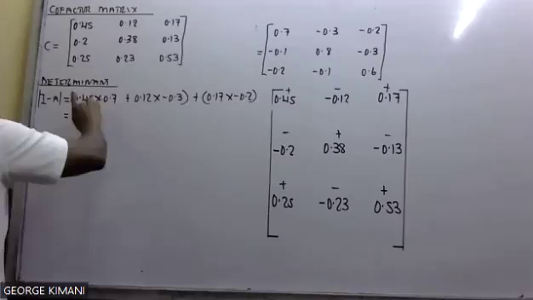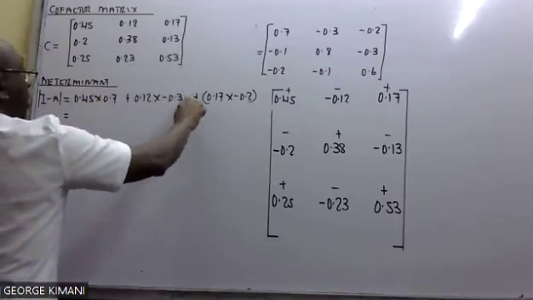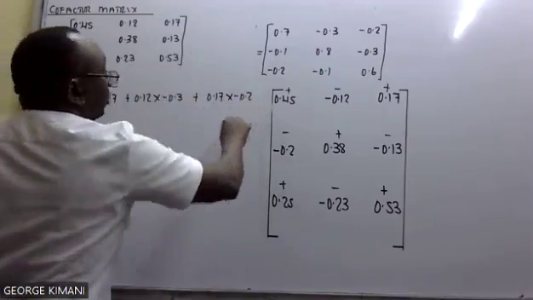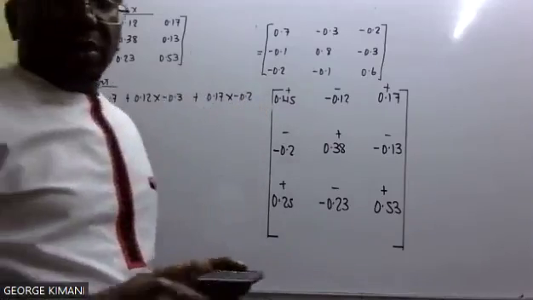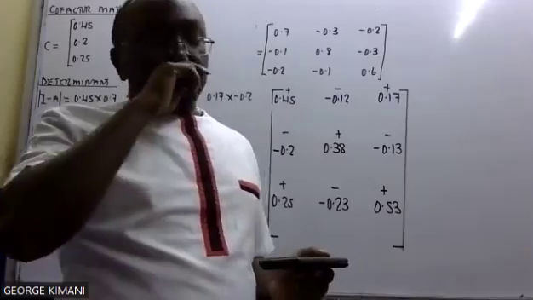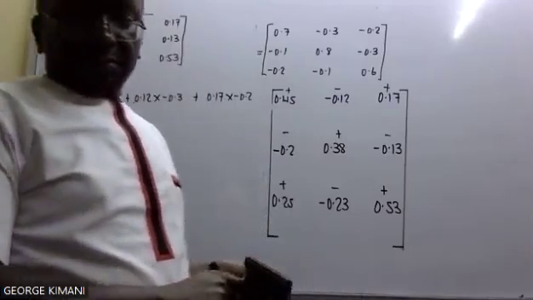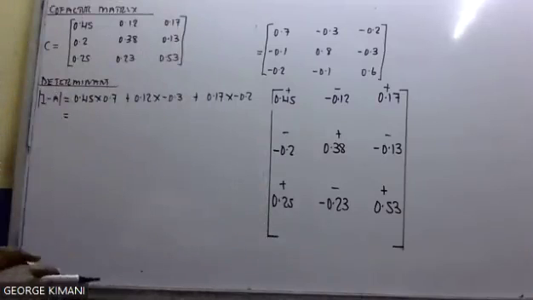That is a different instruction. So it's 0.45 times 0.7 plus 0.12